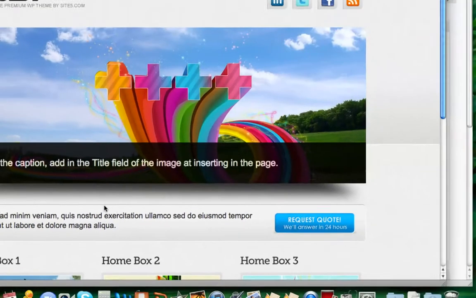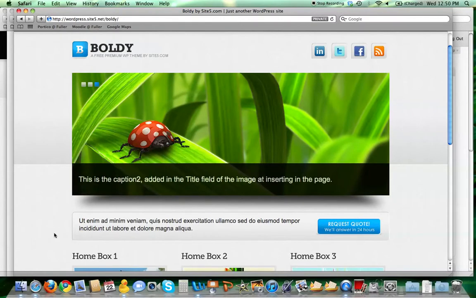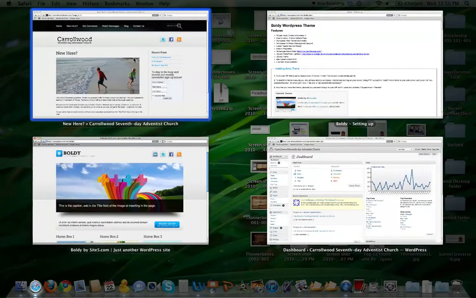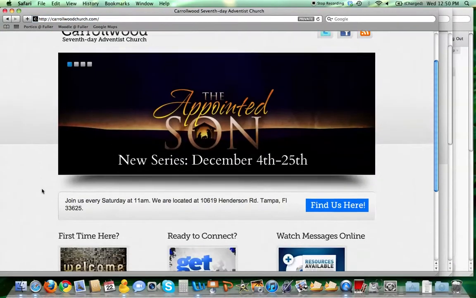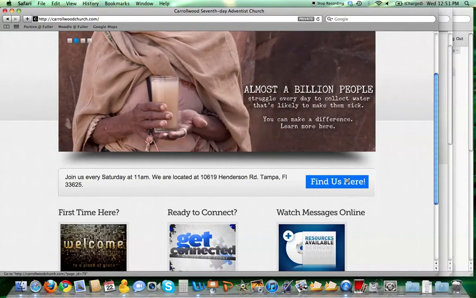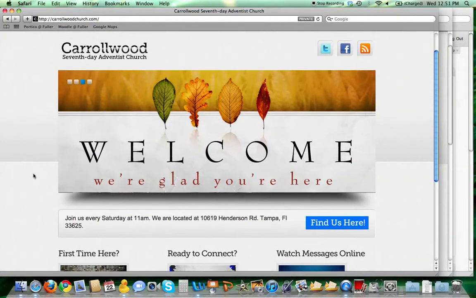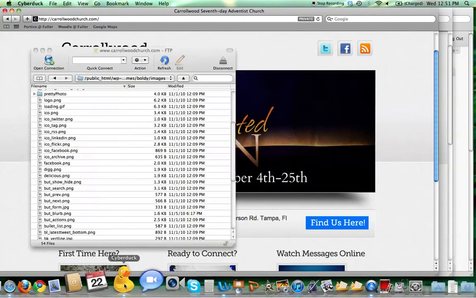button? This theme gives you an option of having this thing called a little blurb section, and we have a little blurb on our church website. There I have, join us every Saturday 11 a.m. Find us here. Not a great looking button, but that's what we have so far. So anyhow, the way you change that, it's not the most intuitive thing in the world either, but you basically